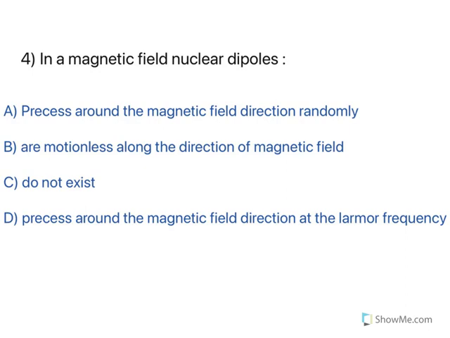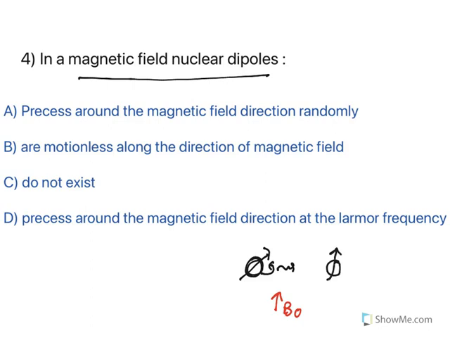Moving to the next one. Now, in a magnetic field, nuclear dipoles... Now, you need to understand this. See, the nucleus will be revolving like this with a particular axis. Now, in NMR, you apply an external magnetic field. When the external magnetic field is applied, what happens? This nucleus will align in the external magnetic field direction. When it is rotating, it will have a particular frequency. So, the change from here to the external field direction is known as